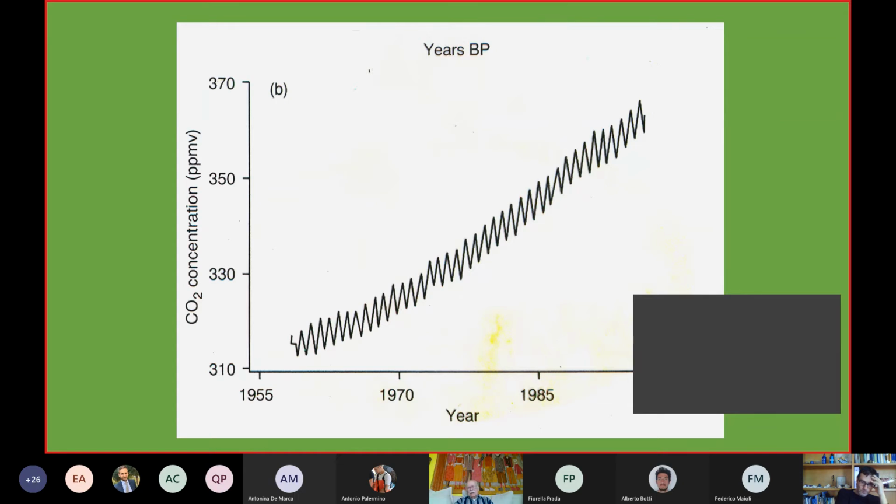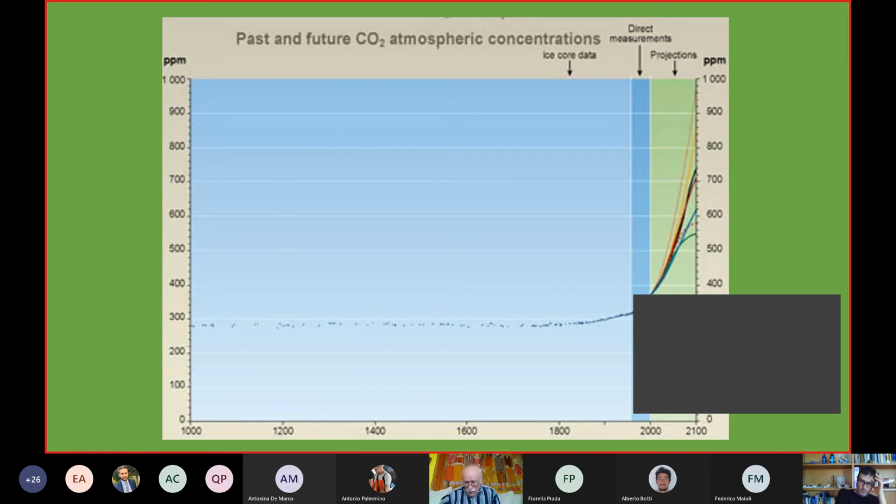So you can see that the biology really plays a role in that. And also the increase is due to the increase in human population, in cow herds, and in the amount of automobiles that we all use. Now you can see that for 1,000 years, the CO2 content in the atmosphere was below 300 parts per million. Then we reached the Industrial Revolution.